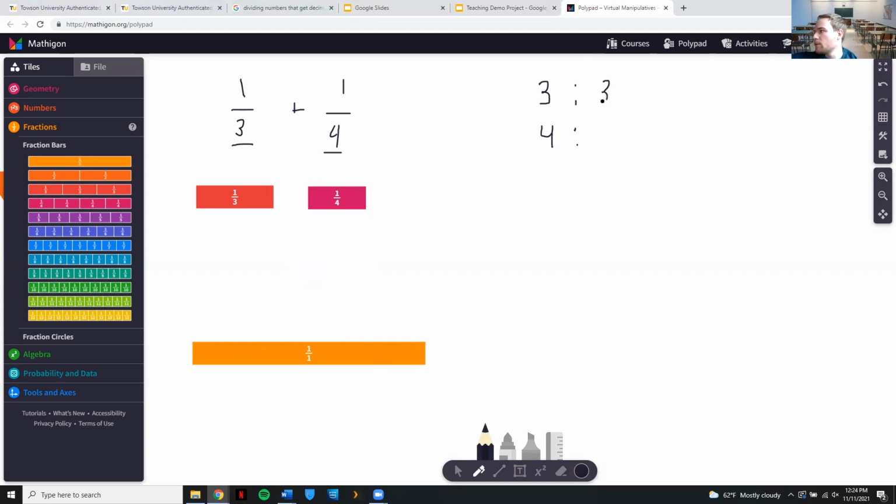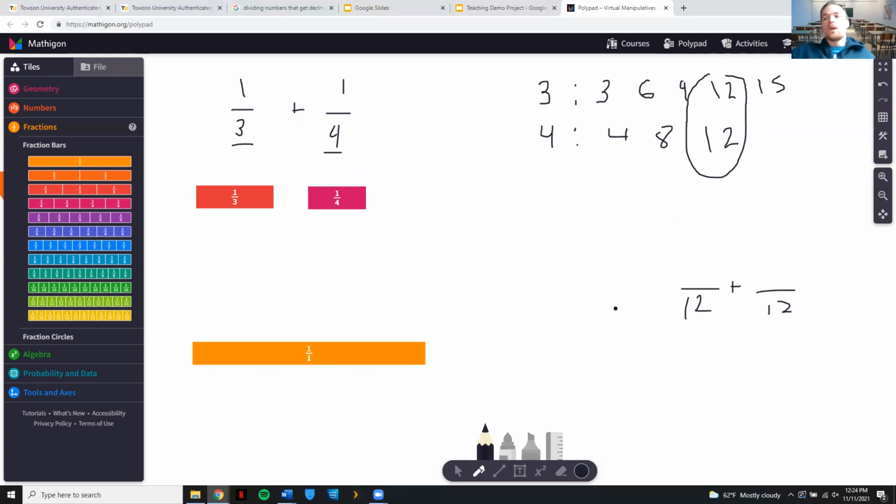So we do 3 times 1 is 3, 3 times 2 is 6, 3 times 3 is 9, 3 times 4 is 12, 3 times 5 is 15. I'm just going to stop there because I have a good bit of numbers. So 4 times 1 is 4, 4 times 2 is 8, 4 times 3 is 12. So I'm going to stop here. And why am I going to stop here? Because they both have 12 in common. So I know that the denominators need to be 12